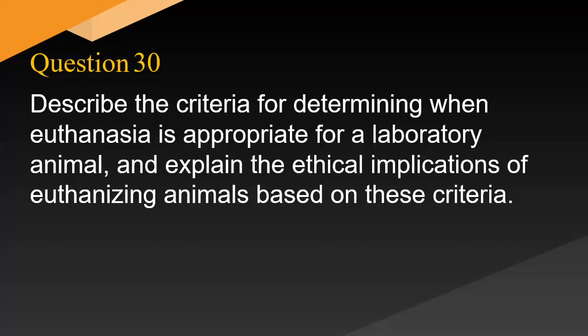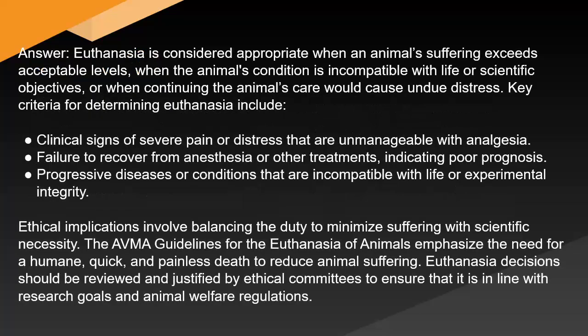Describe the criteria for determining when euthanasia is appropriate for a laboratory animal and explain the ethical implications of euthanizing animals based on these criteria. Answer: euthanasia is considered appropriate when an animal's suffering exceeds acceptable levels, when the animal's condition is incompatible with life or scientific objectives, or when continuing the animal's care would cause undue distress. Key criteria for determining euthanasia include clinical signs of severe pain or distress that are unmanageable with analgesia, failure to recover from anesthesia or other treatments indicating poor prognosis, progressive diseases or conditions that are incompatible with life or experimental